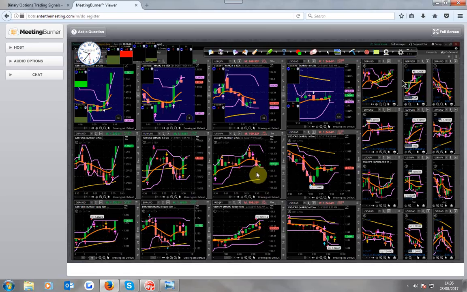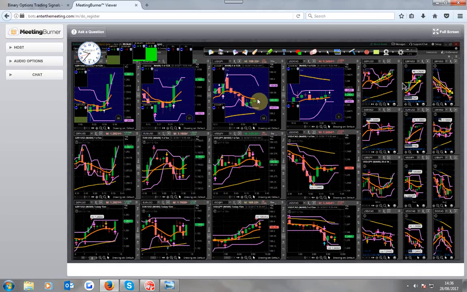What do we do here now? If you look, we had a 5-minute signal here, and it flashed on and it's disappeared. Yeah. Right, as you can see there, it's touched the orange MA. It's touched the orange MA here on the blue charts. It's touching the orange MA here on the 15-minute charts. That's when you got your signal up. Okay,